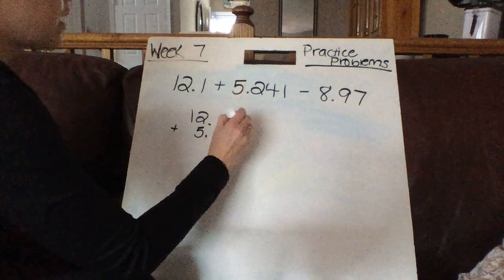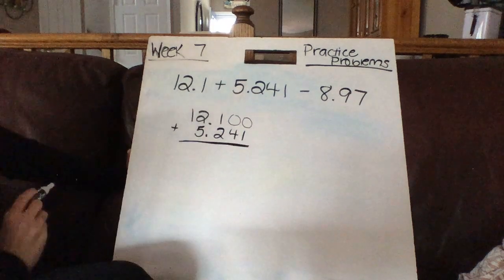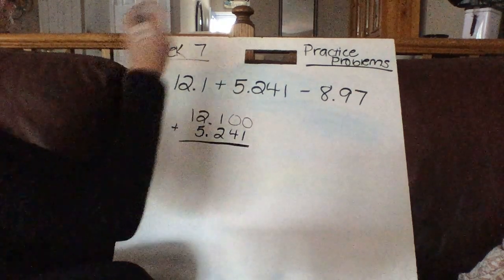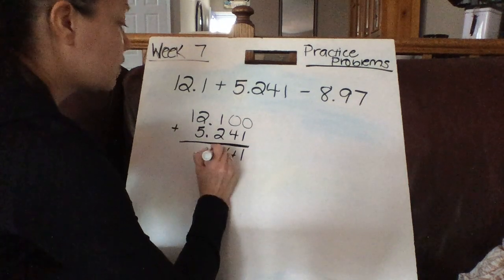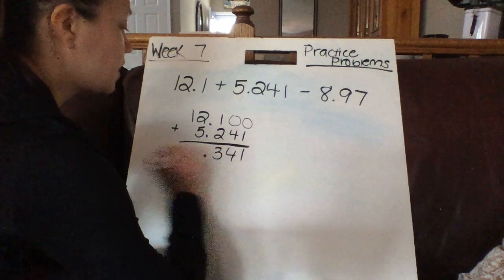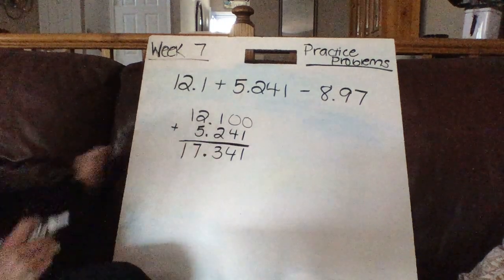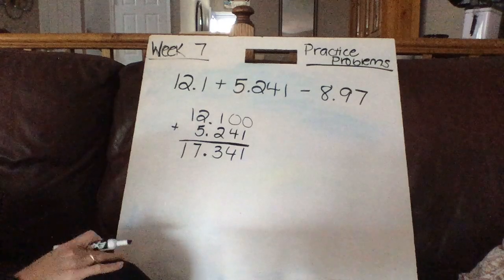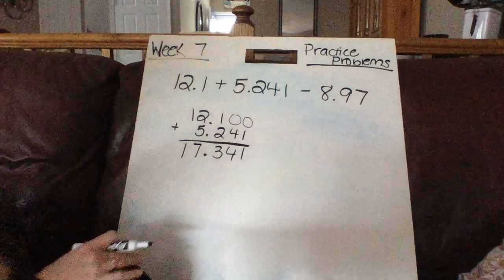And then, of course, what I like to do is I like to add the zeros so I can keep my place. Okay, so now I'm just going to add 0 and 1 is 1, 0 and 4 is 4, 1 plus 2 is 3. The decimal stays in the same spot. 2 plus 5 is 7. And we get 17 and 341 thousandths, which is great, but we're not done because we still need to subtract